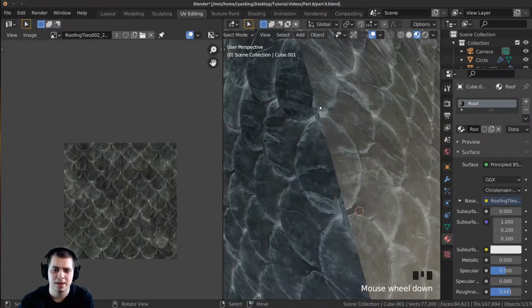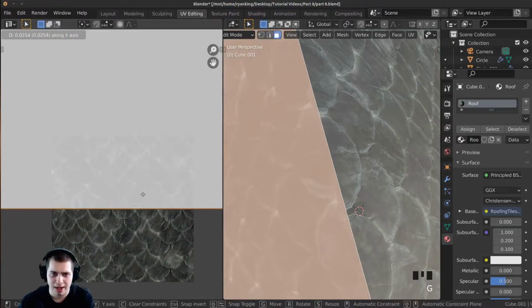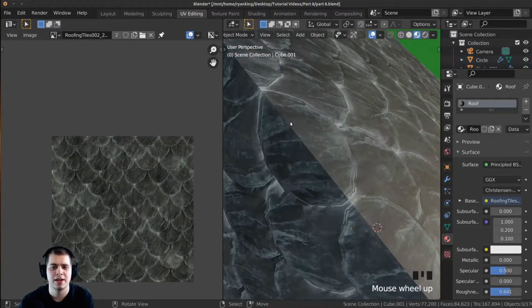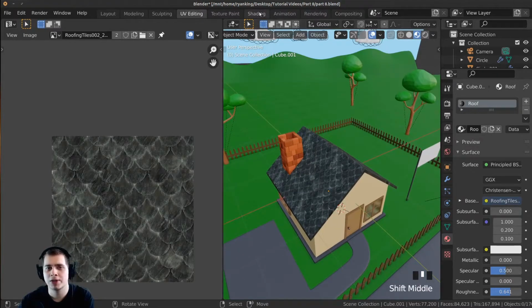You can see a little bit of the other tile though, so I'm going to tab into edit mode again, press G to grab, and click and hold with my middle mouse wheel. Just bring that down a little bit, just like that. Go back into object mode, and now you can see those tiles match up a lot better. So there we go. If that looks pretty good to you, then we can just go back to the shading